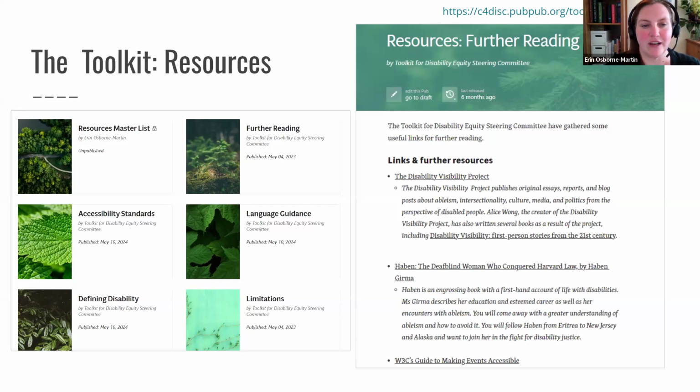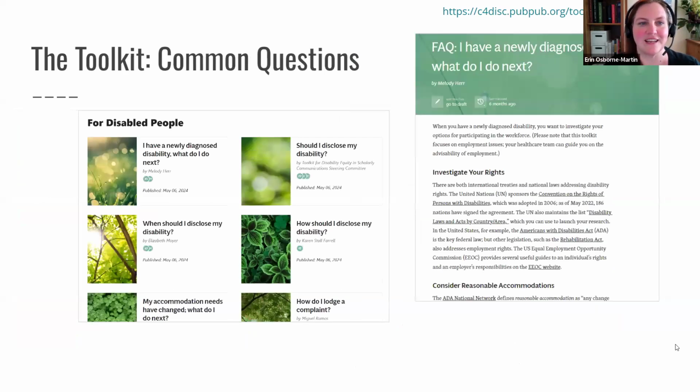There's also some language guidance. And also, while we're on this page, I wanted to emphasize the fact that C4DISC has a number of other toolkits that they have also already produced, including a targeted toolkit for editors, an anti-racism toolkit, and some additional language guidance. So there's signposting to that as well under the language guidance tab. I think that's everything for this page, Karen. So if you could go on to the next one.